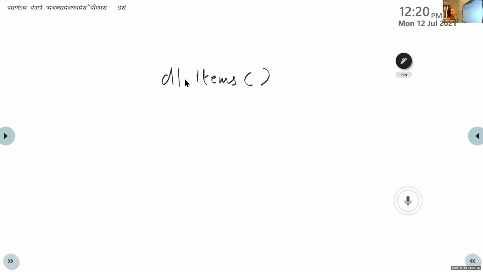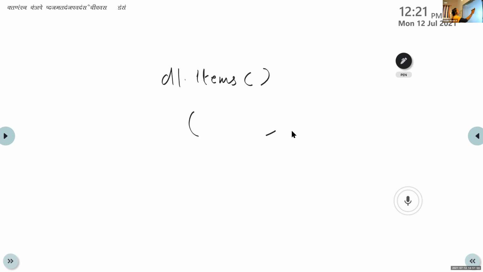Items are used to return all the key-value pairs. It's not for displaying keys only or values only. It is for displaying key and value pairs, just like a tuple. It's not in the flower bracket. It's just displayed as a tuple. How can we represent a tuple? A tuple is represented using normal round bracket.